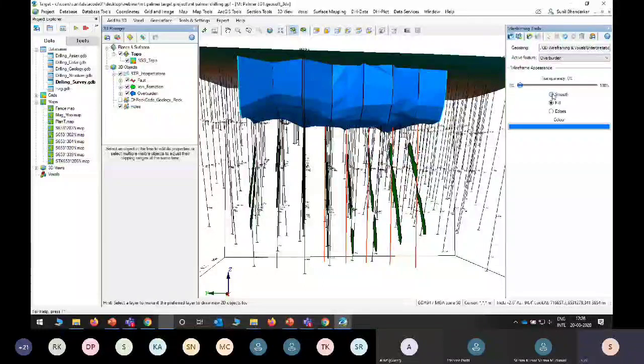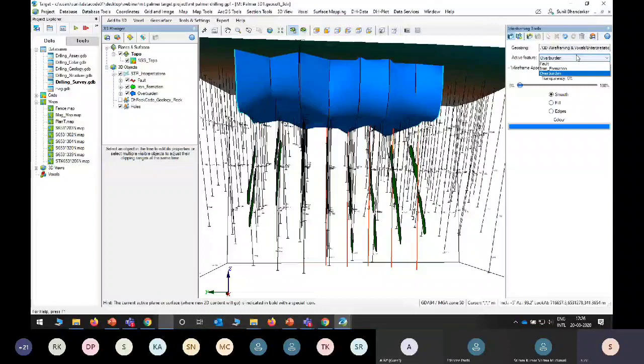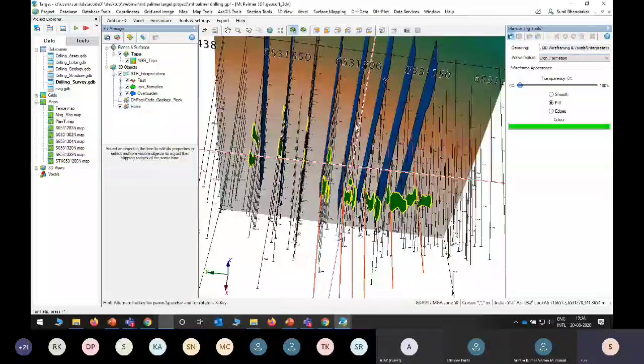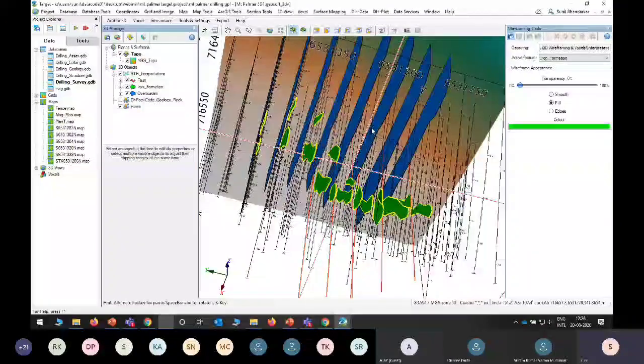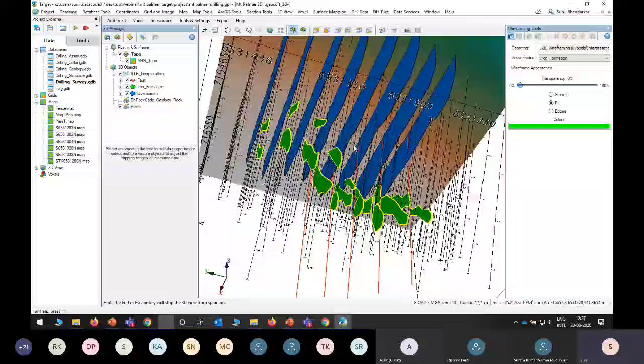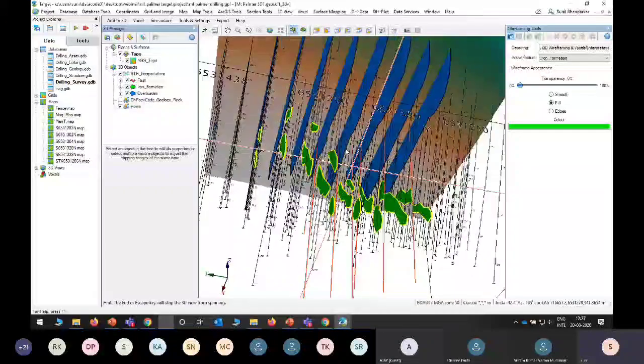Here our geological skill is very important, and how well you know your subsurface or surface geology. If I get a pinch and swell body, or a different ore body, or continuity where it is pinching and swelling or bifurcating, we have to draw or connect accordingly.